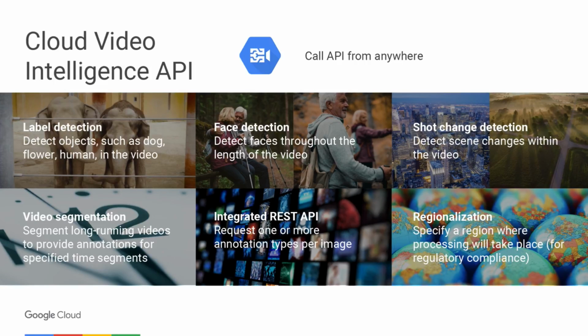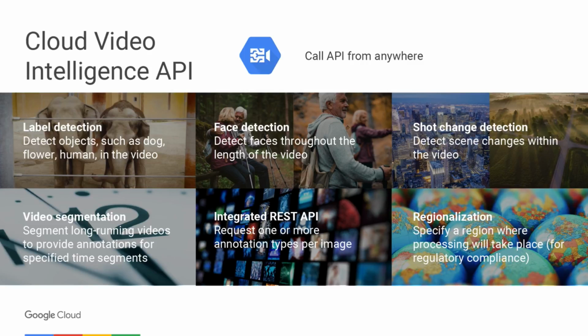And that brings me to the final API and my favorite API, which is the Video Intelligence API. It's one thing to understand text or speech or even static photos, but sight, sound, and motion in video is, to me, a completely different ballgame. And as a former film person, it's very, very close to my heart.